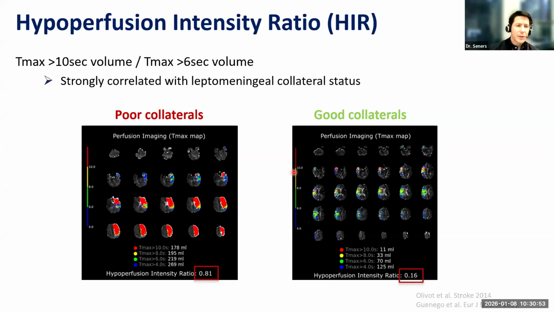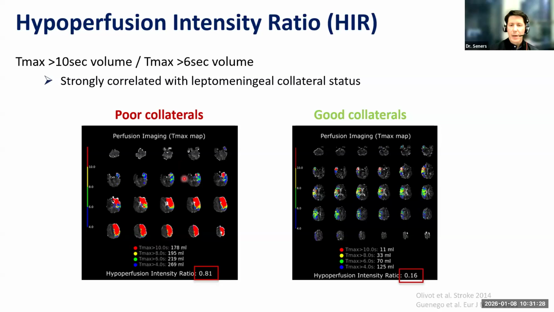As Greg already mentioned, the HIR is the ratio of the Tmax greater than 10-second volume over the Tmax greater than 6-second volume. It has been consistently shown in several publications to be strongly correlated with leptomeningeal collateral status as evaluated on DSA. You have basically 2 different profiles: the patient with poor collaterals, HIR over 0.4 or 0.5, depending on which cutoff we use. Those patients have a lot of Tmax greater than 10-second lesion, a lot of red on the imaging